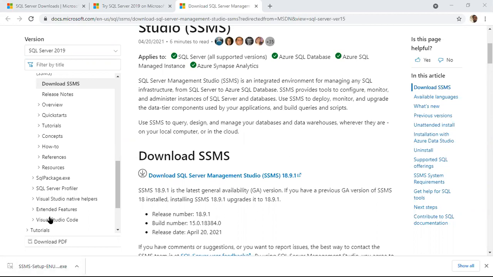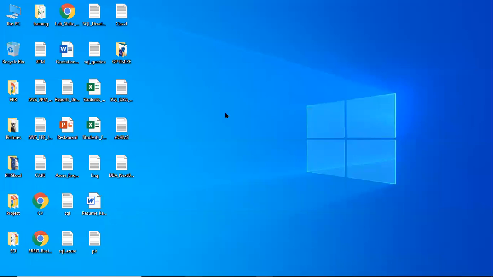Check, your download was done successfully. It is saying the same thing. It will open the installation wizard. Just one or two steps are there. We can install SSMS, and after installing SSMS, we can connect and work with SQL servers here.